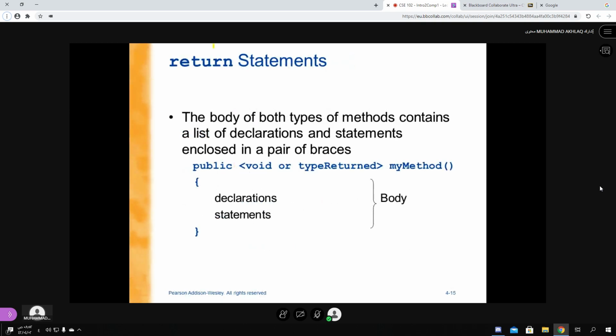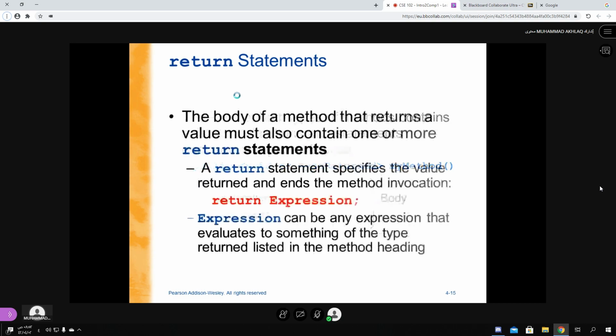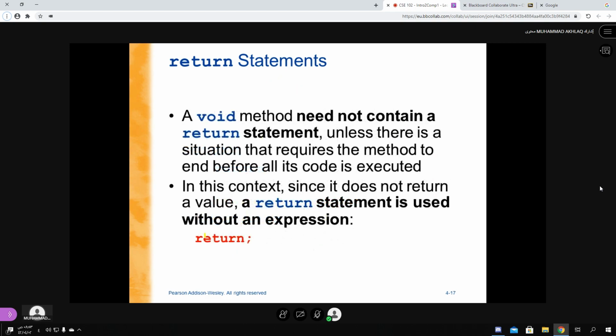And then the return statement. Return is a common statement. It can be used to return, that is, stop the method. But it can return a value only for methods which have some return type. If it is void, you cannot use it like this. You can use only return and semicolon for void methods, but if the method returns something, then return and some value here. For void methods, you can use return semicolon to break and finish the method in some case.